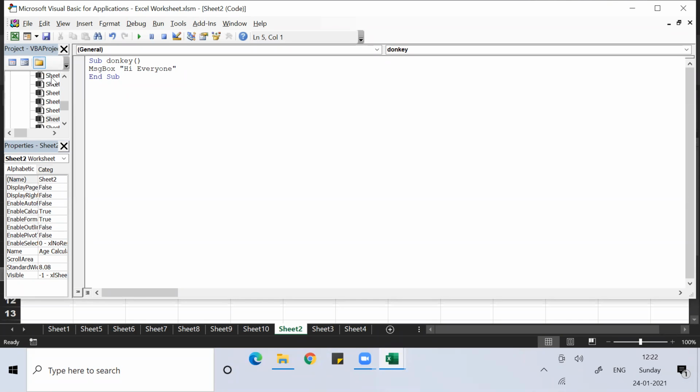Which sheet you want to write a program for, you can select from there. Every program you write in Excel starts with Sub. Any name you can give. I can give a name called Sub Donkey. So you give a name. The name should be like when you're using the Sub command.